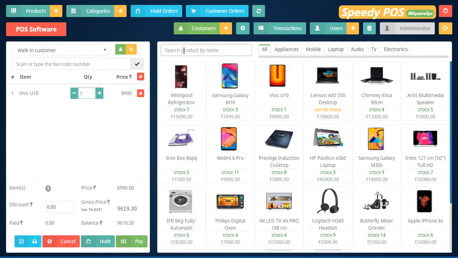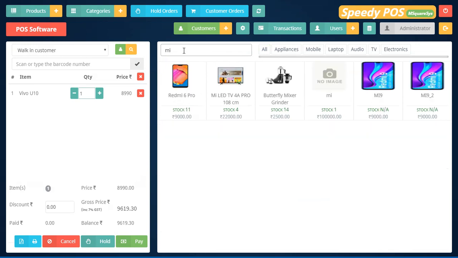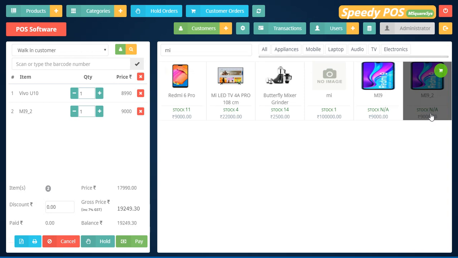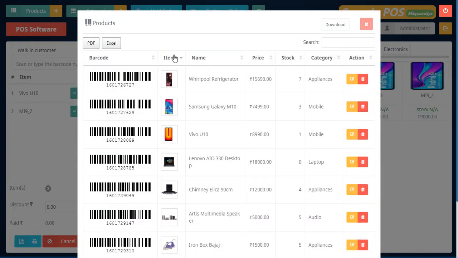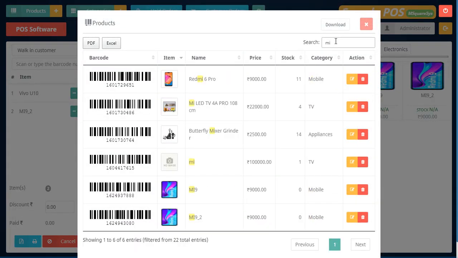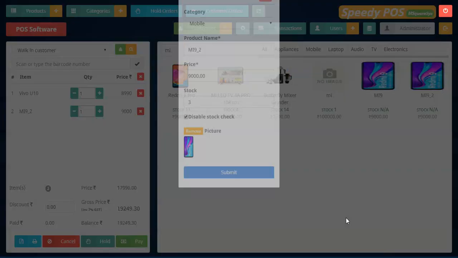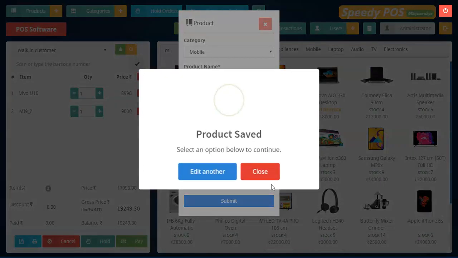Here you can check what you added, whether the item is available or not. So this is the message that came, MI9 already exists. This is the one we added now. So now the stock is not available, so we need to change the stocks, because we are not validating stock check. So it won't show how many stocks are there in the items, and it won't do any validation. Now I will go to edit this product. MI92, I will just go and edit it, disable it, and submit the option.